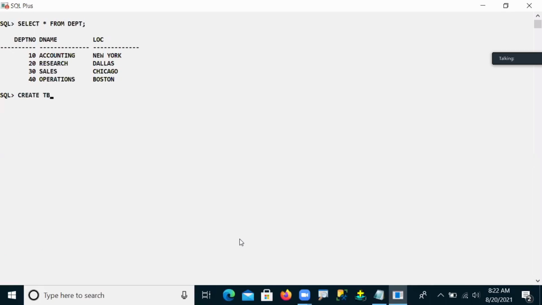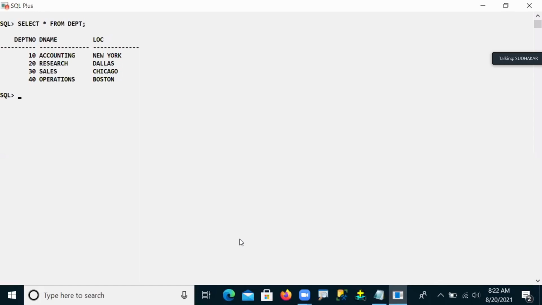This department table is already existing in my Scott user. The department table already has 3 columns: department number, name, LOC, and 4 rows: 10, 20, 30, 40, accounting, research, sales, operations, New York, Dallas, Chicago, Boston. Now what I want to do with this table data.